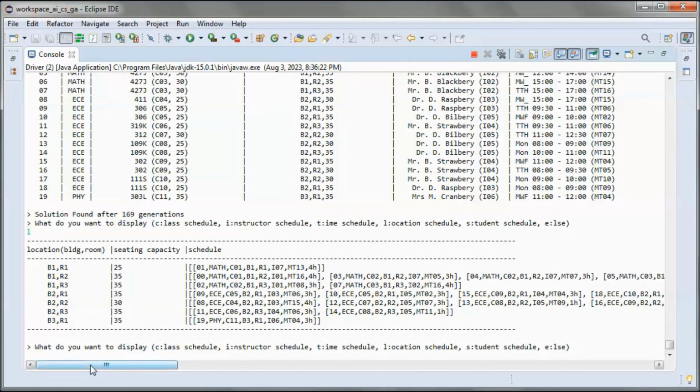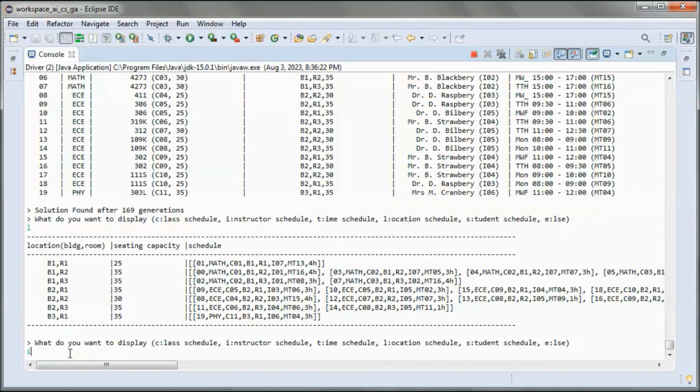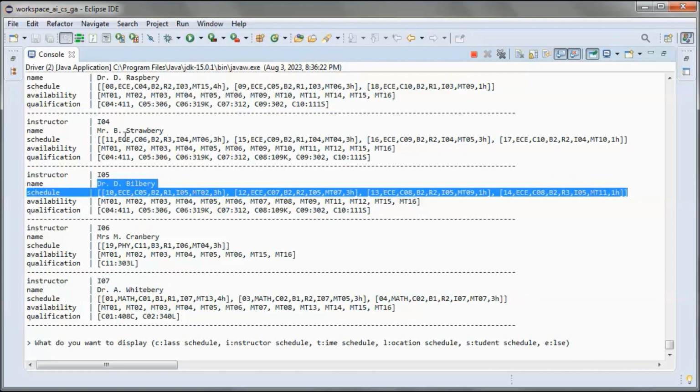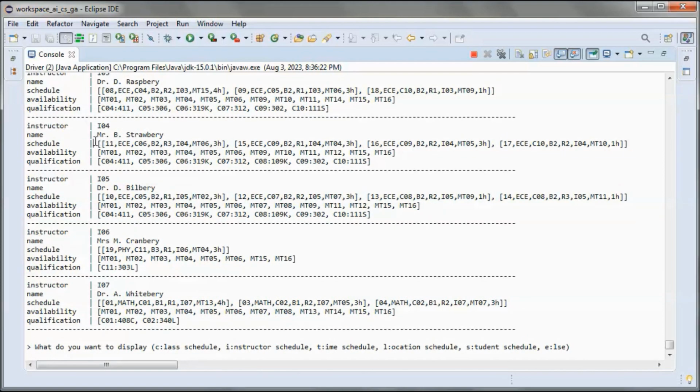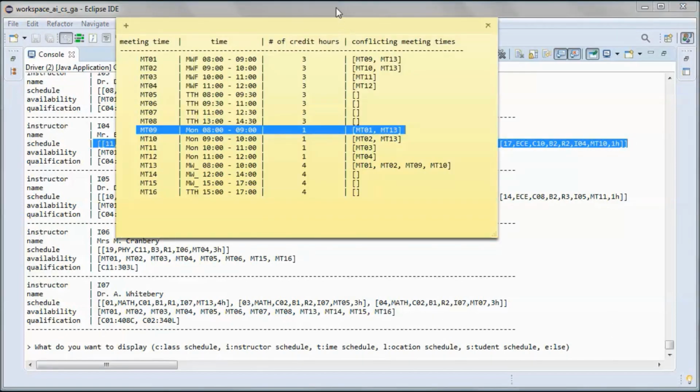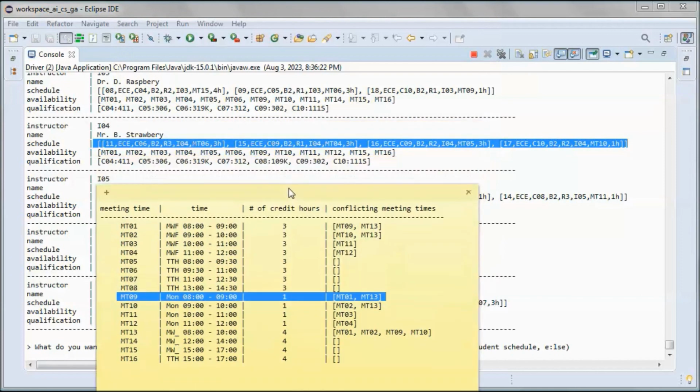And same thing if we look from the instructor perspective. So all the classes that are scheduled for each instructor do not conflict with each other. So let's take this one as an example.